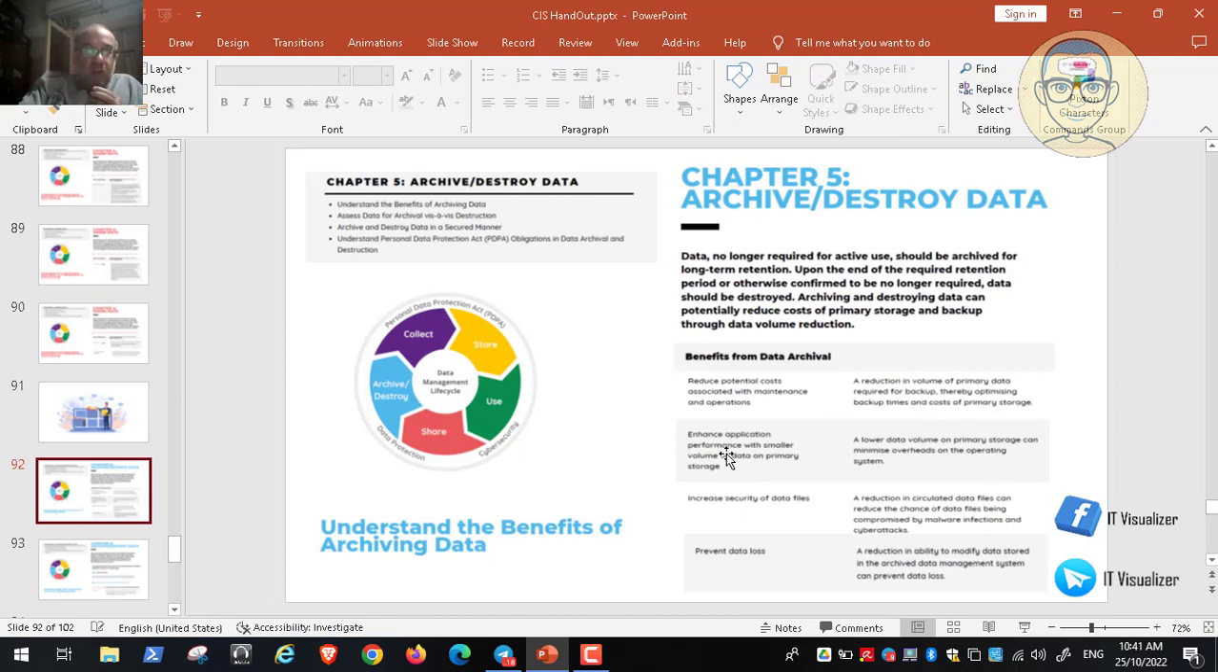And the second thing, to enhance performance with smaller volumes of data on primary storage. A lower data volume on primary storage can minimize overhead on the operating system. So we all know, for example, that the operating system will be used to back up the data. So let's have a scenario. For example, you have Windows 10 and you have, for example, the Veeam application installed on it, and you use Veeam to back up